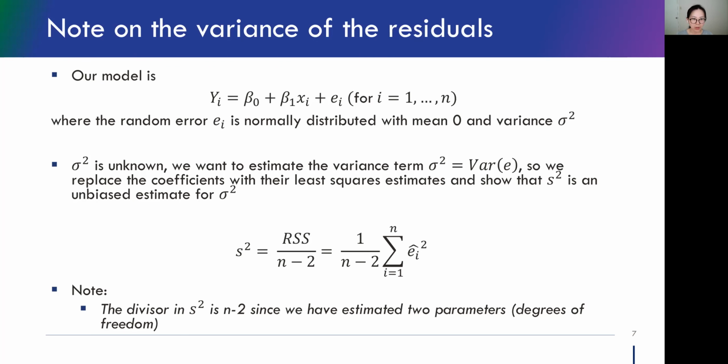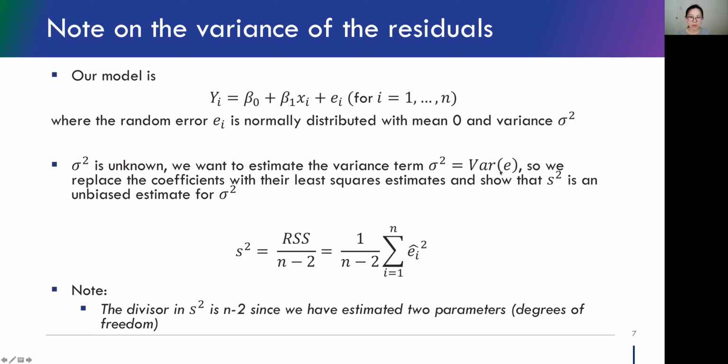Okay, some notes on the variance of the residuals. Again, our model is this linear model, yi equals beta 0 plus beta 1 times xi plus ei, where i goes from 1 to n, and this random error ei is normally distributed with mean 0 and variance sigma squared. And this sigma squared is the population parameter, which we do not know. We want to estimate this variance term, sigma squared,